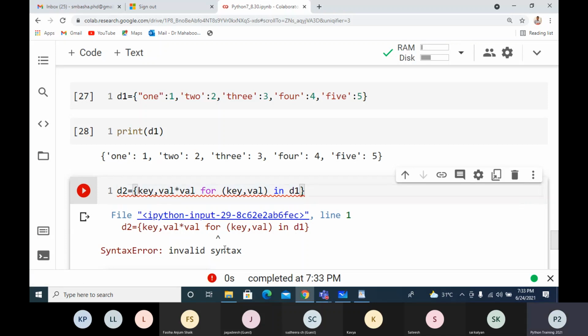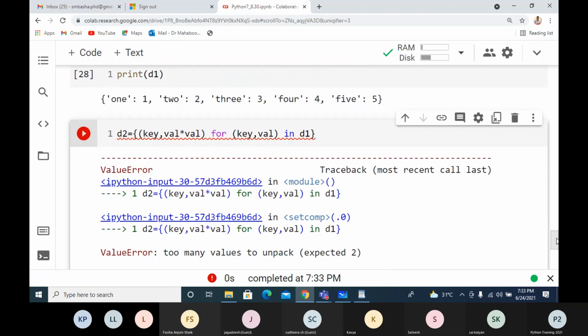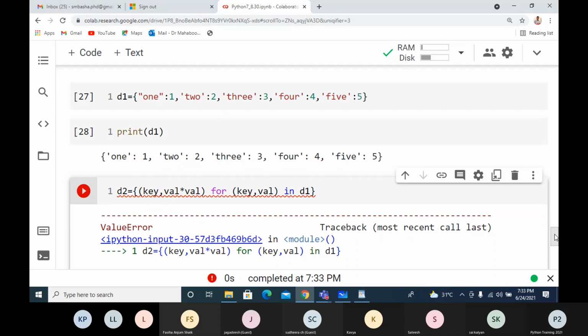Okay, what I'll do is I'll take this. D2 for key val in D1, I'll check.